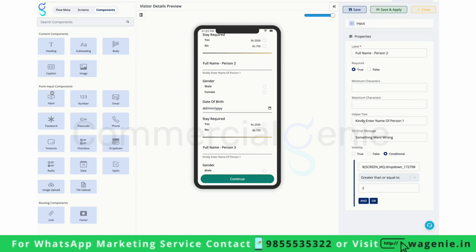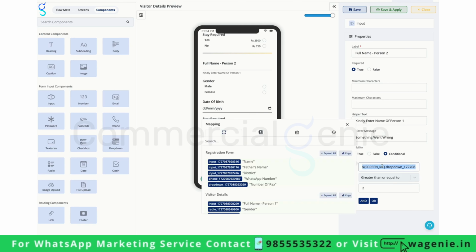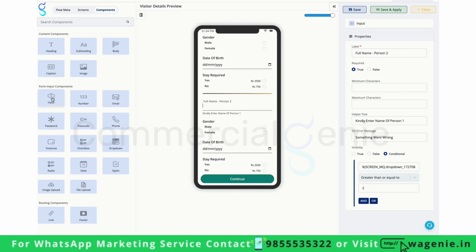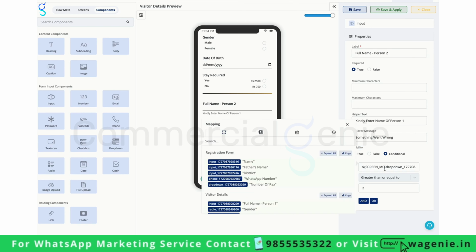So please understand that only for the input components you can hide the visibility of the components. For content components, that is title, heading, body, you cannot hide it. So here as this is a text input component, here in the visibility I have set the conditional option as, from here you can see,